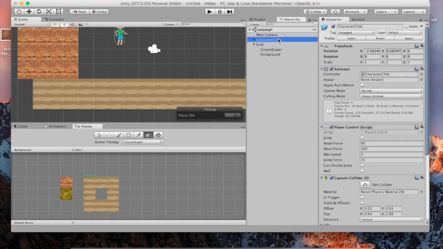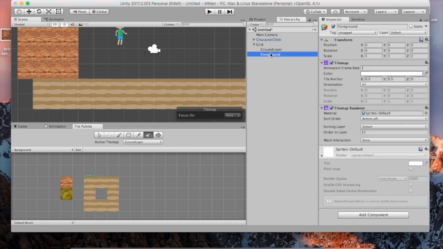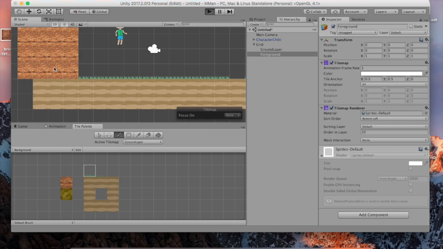So I believe the character is now set to... Actually, I think I set him to a bunch of different things. So let's change this foreground layer to like 20. Get our little paintbrush tool out, and then we're going to paint right here. Just like that. So when I hit play now,